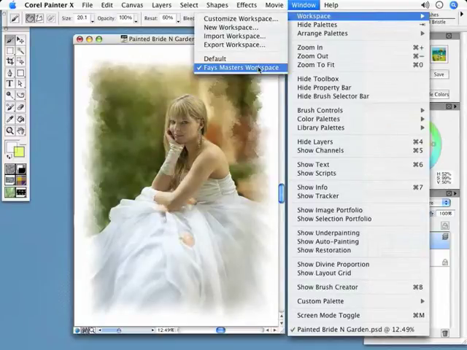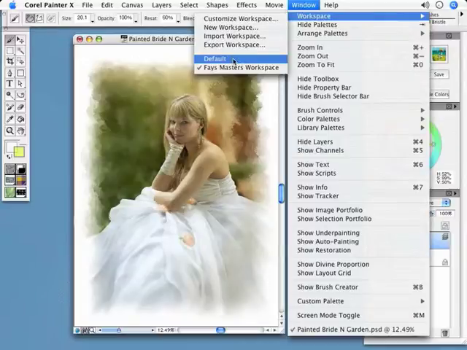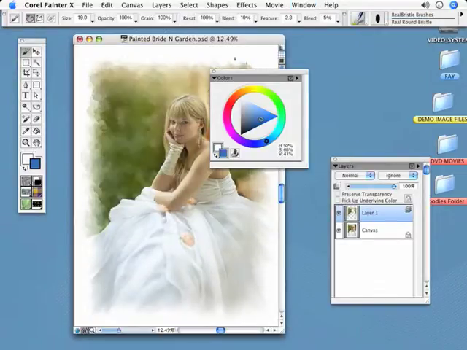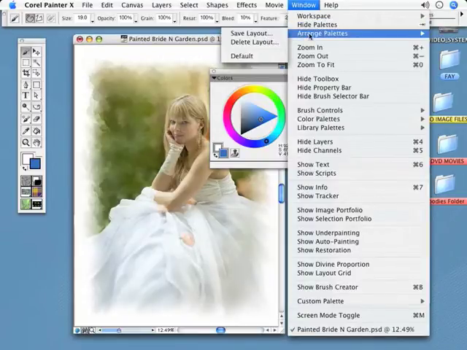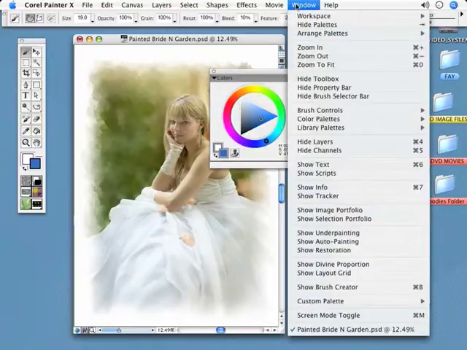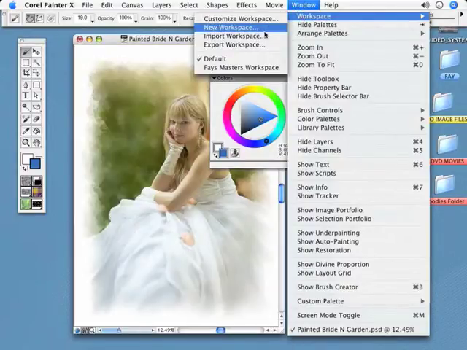It's within there. If I go back to default, now if I look for my layout, it's not there. It's a different workspace. So what I did was I made you a default layout. In case you start moving around your default and you lose your default, all you have to do is go back to your workspace, import,